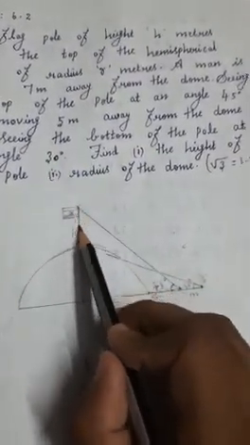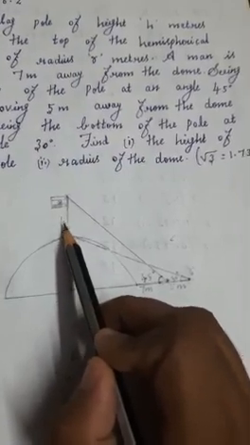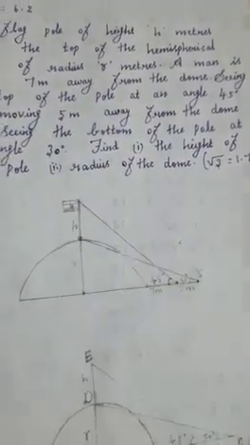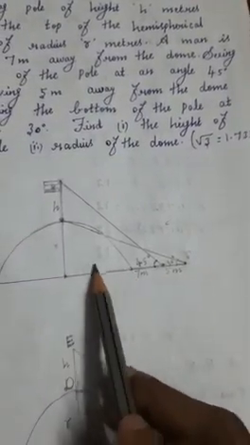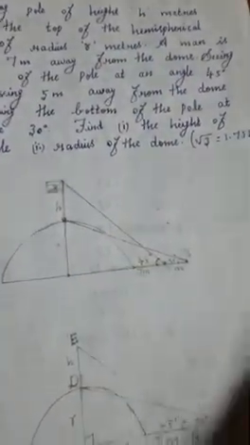So now this is the diagram they have given. Now see the solution. Our question, what they have asked: to find out the height of the pole. Height of the pole means, this distance, that is h meters, so this height they have asked to find out. Next, radius of the dome, this distance also, they have given as r meters, so that radius also we have to find out.